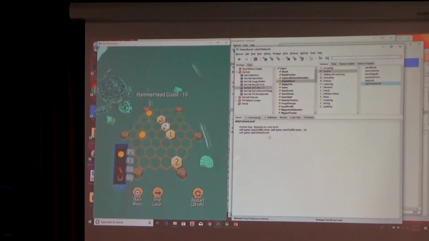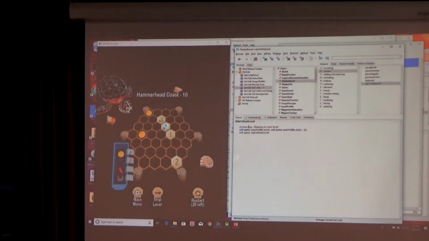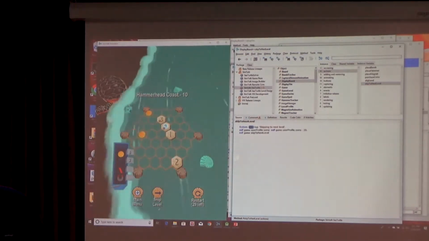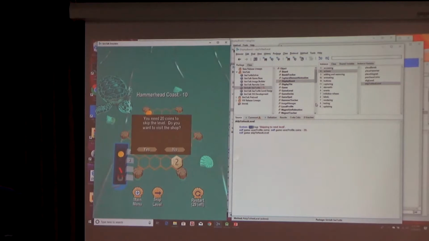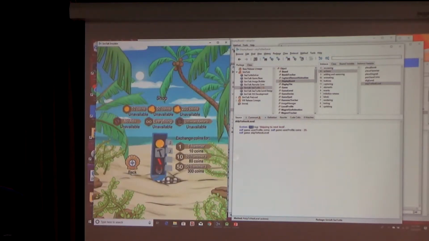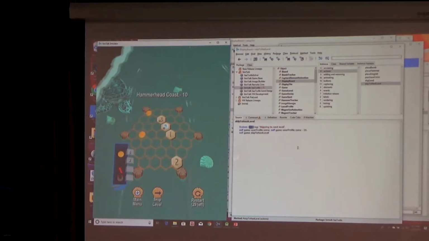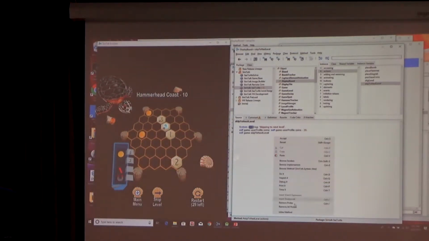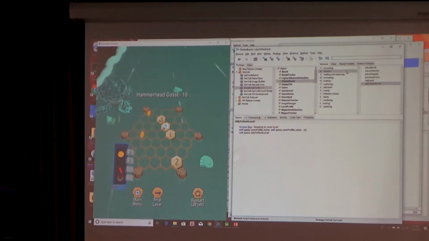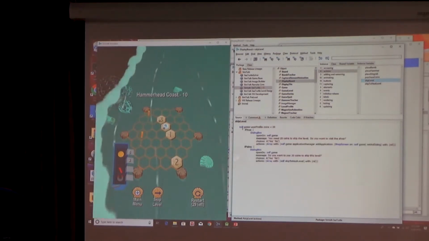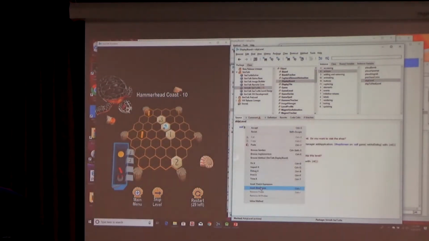I'm going to try skip to next level. Breakpoint, skip level. I can't do that yet because I don't have enough coins. Hold on a sec. I'll put it right there.